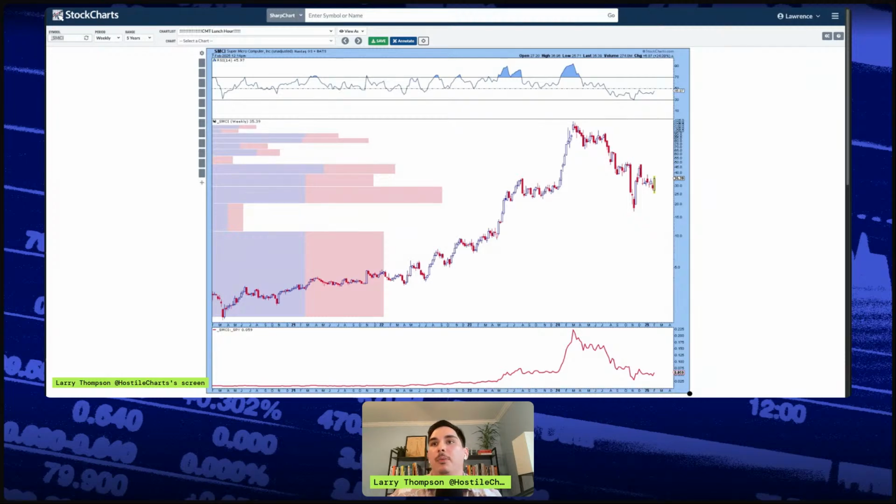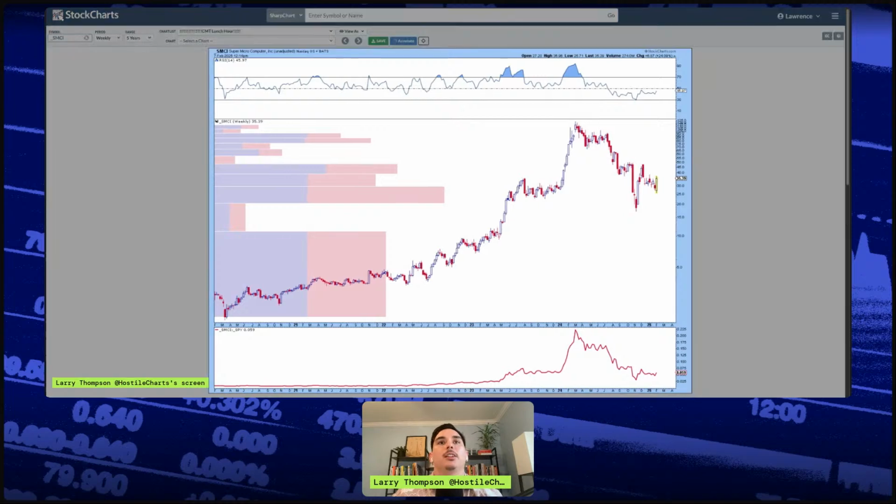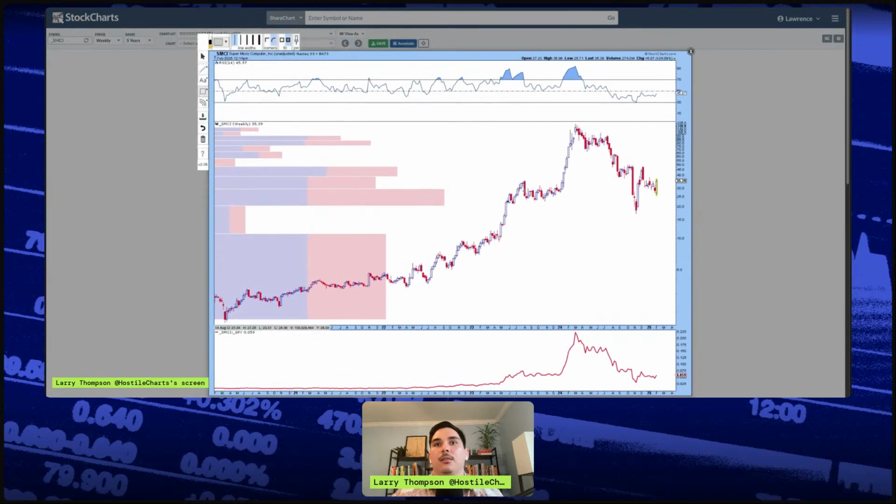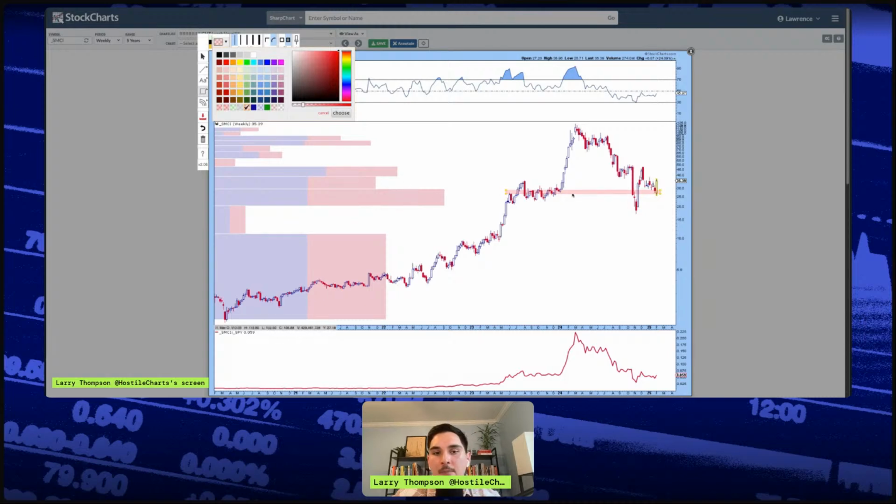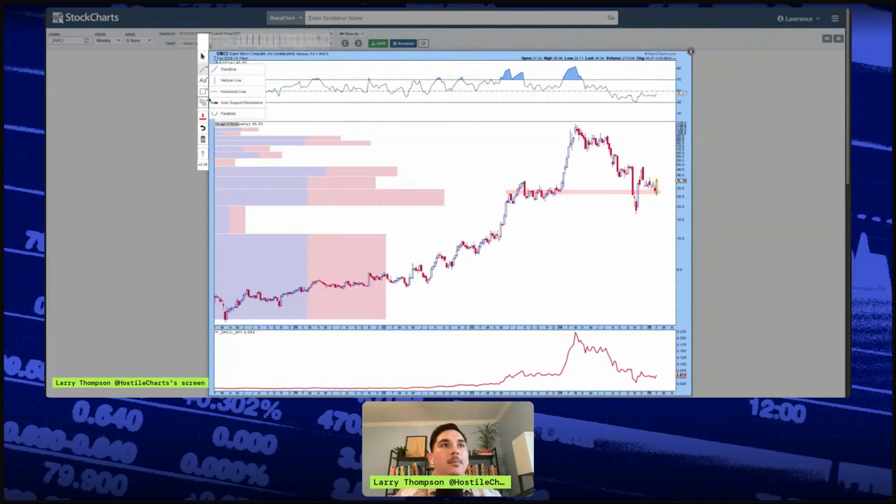So zooming out a little bit, we can see when we look at this chart, right? This area here is where a lot of support and resistance sits. A lot of stock changing hands. This is the volume by price, right? So we can see here, this is your level. This $30 is your level on the longer term time frame, right? If you got in down here, congrats. But it looks like we're over here trying to make a higher low, which is huge, right? So that's the first step we want to see: something that's going down, stop going down, and then we want to start to see it make some higher lows. So we're starting to see that here.